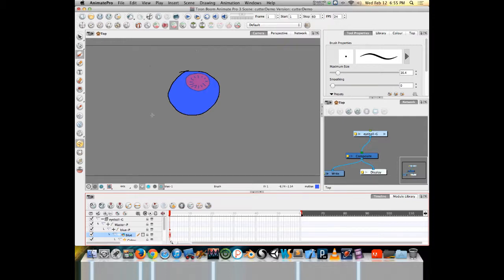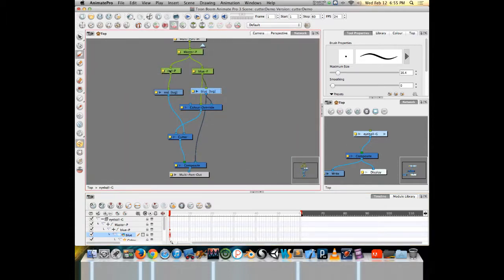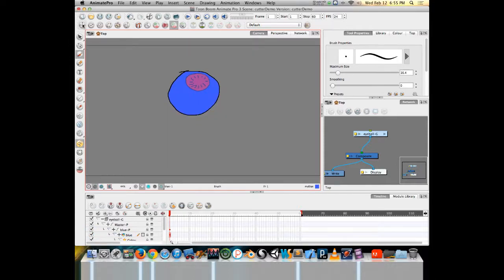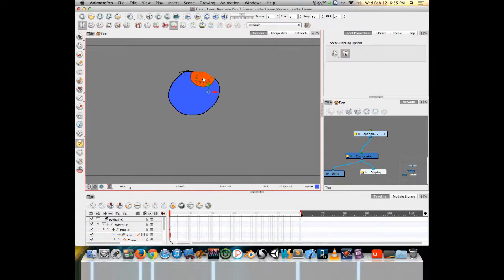So as I look at this and realize that when I want to animate my eyeball and I want that black line to stay on top, what I really want is a copy of that black line. But I don't necessarily want to have to redraw that line because that would really suck, especially when we have the ability to automate some of these things a little bit more. So one way that we can go about doing this, one technique that we can use, is I can pull